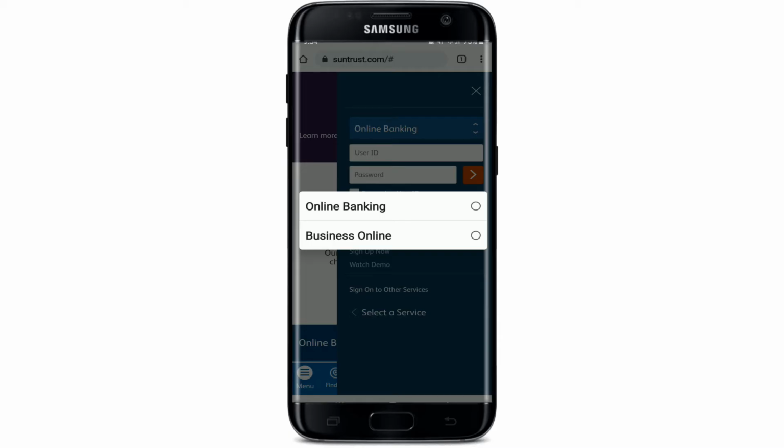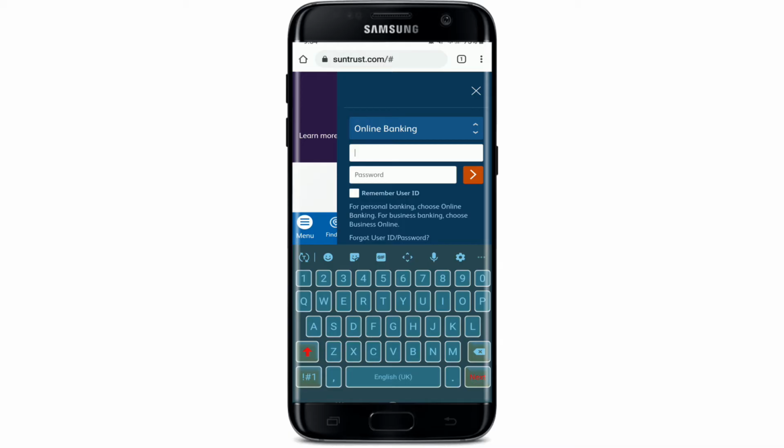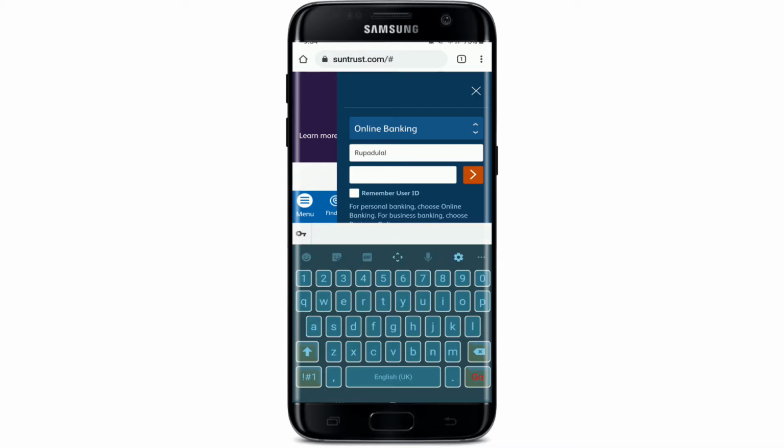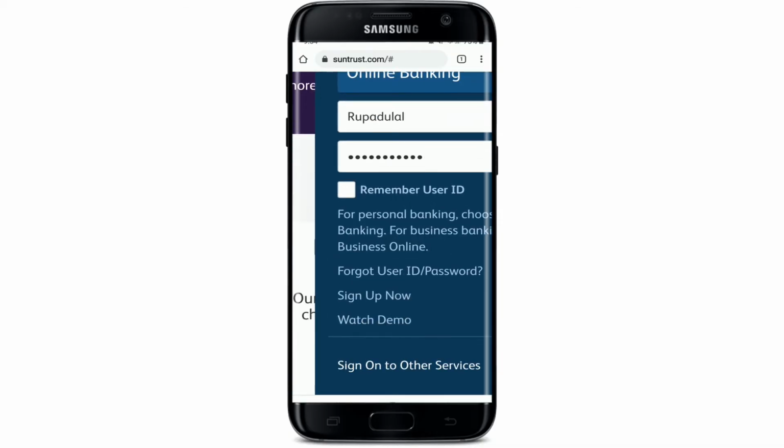I'm going to choose this online banking option, and now head over to the User ID text box and type in your user ID. After you're done, head over to the password text field, type in your password for your account. If you'd like the device to remember your user ID, tap on this box right here that says Remember